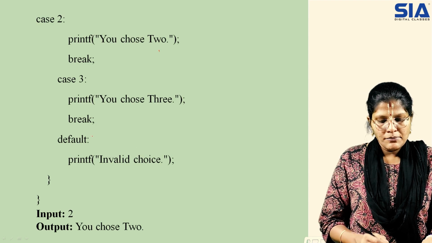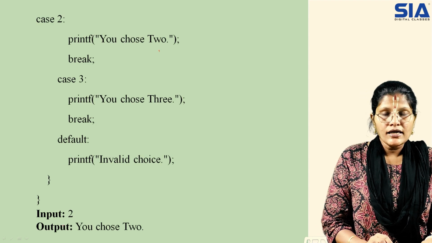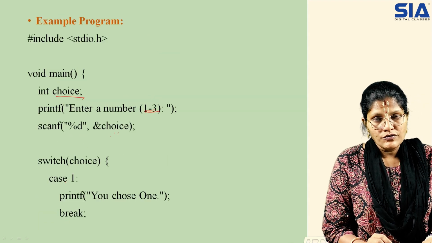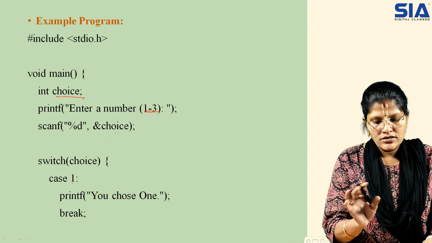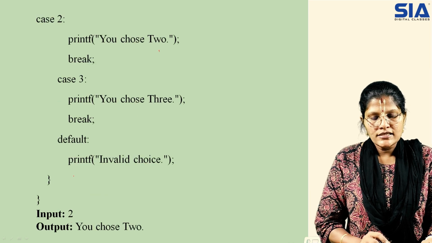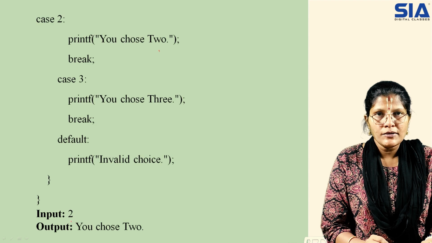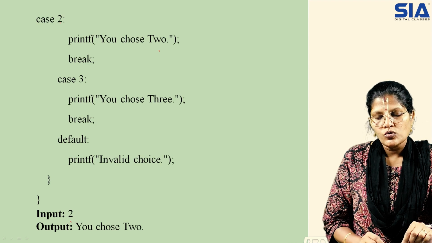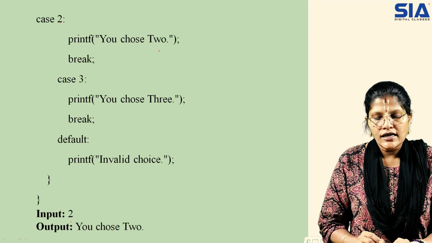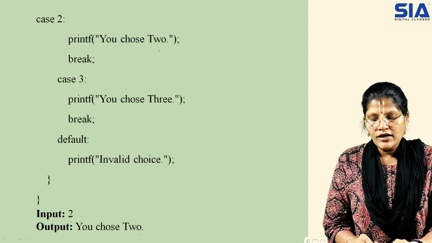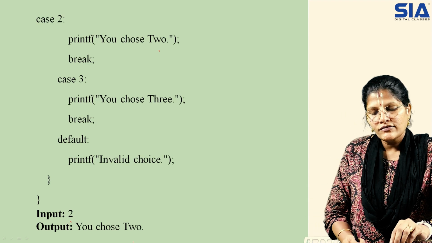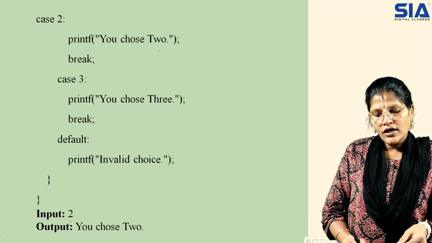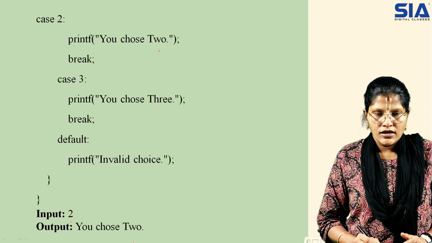If the user, for example, we will take, if I have entered my input value as 2, now what is executed is it matches with the case first, starting with case 1, it is not a match, so it will go to the next case. 2 matches the value given by the user, so 2 is checked, and all the statements which are available in case 2 will be printed on the screen. That is, you chose 2, that is the reason the value is mentioned over here. After printing, it will come out of the particular statement. Now here, because the case has matched, you are not going to get any statement saying invalid choice.